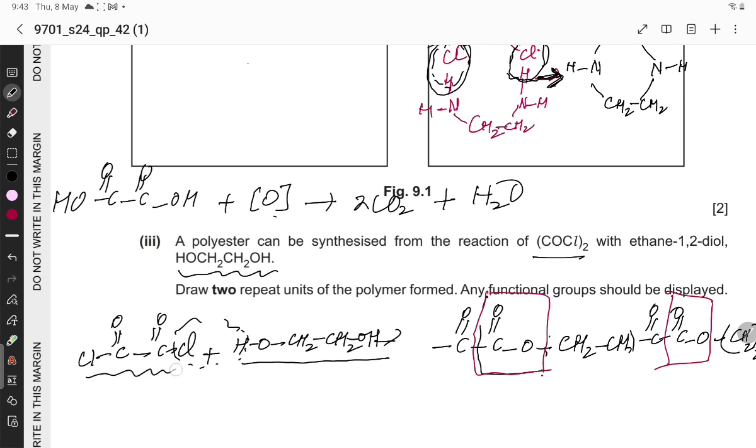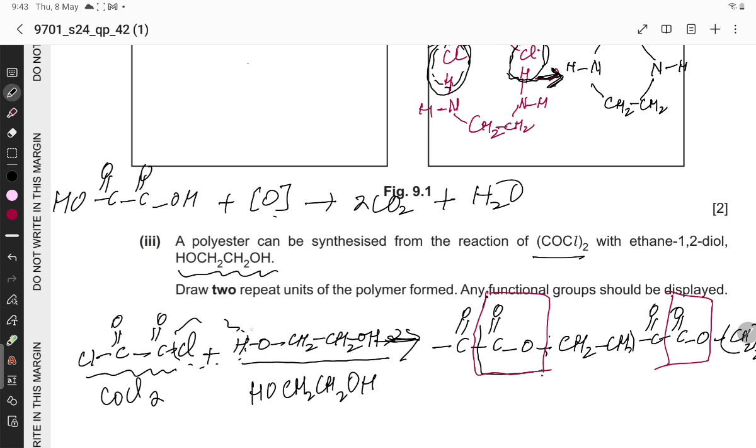This is the displayed structure of COCl2, and this is the displayed structure of HOCH2CH2OH. And now this is the repeat unit, and the ester linkage is formed when these compounds react,